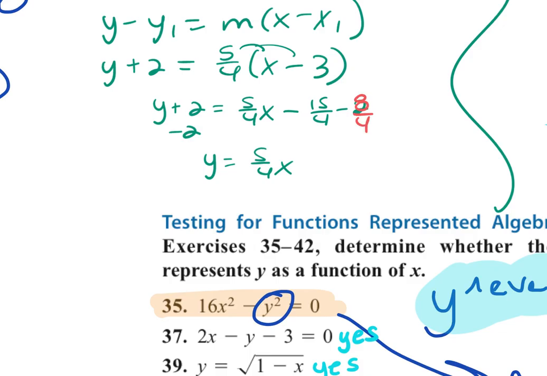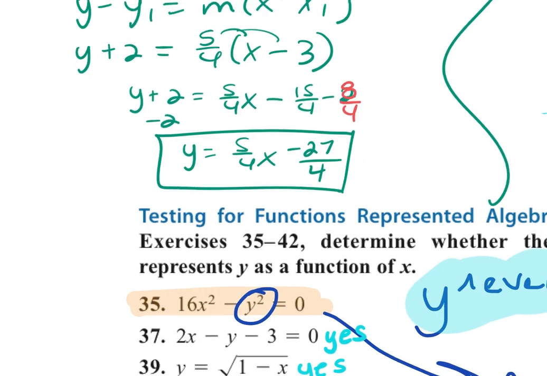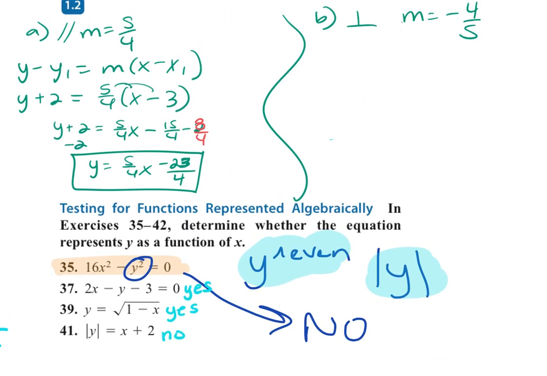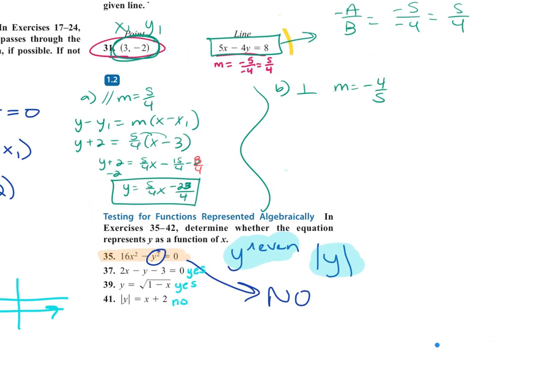So I get negative 15 minus 8, or negative 27/4. Wait, 15, nope, just kidding. 23/4, okay? All right, then for B, I'm going to do the same thing, but now my slope is negative